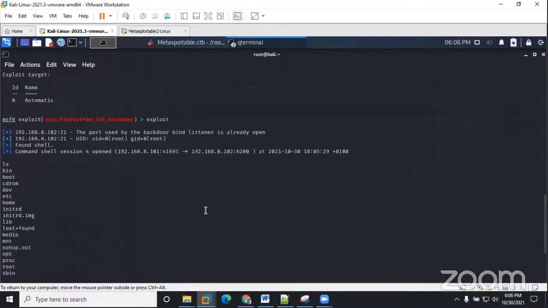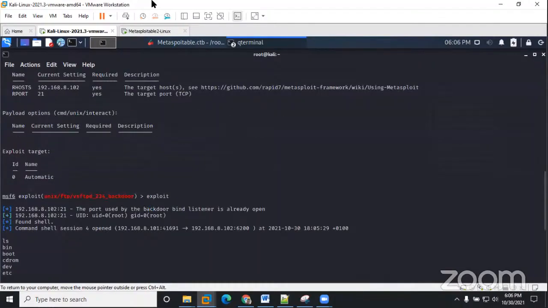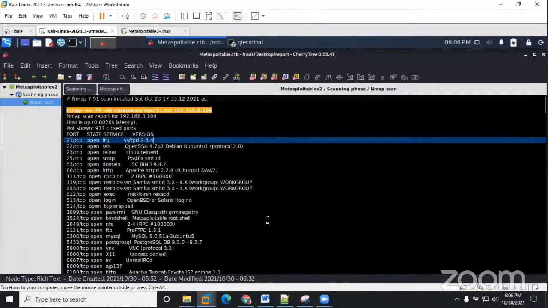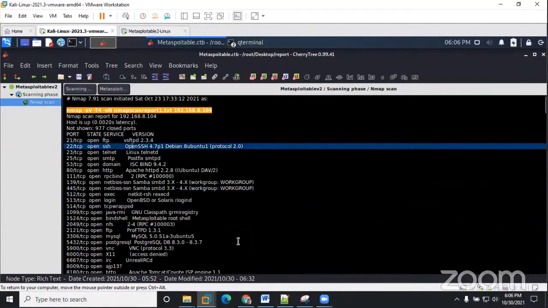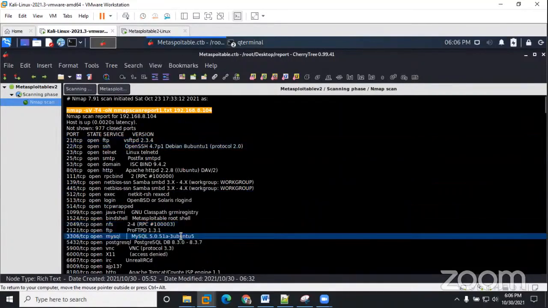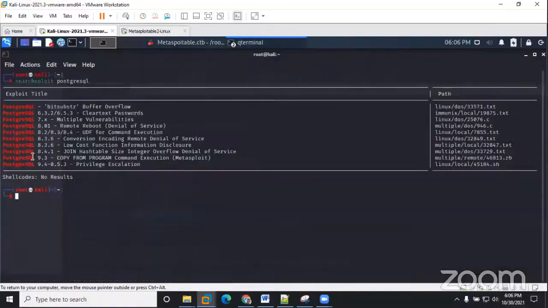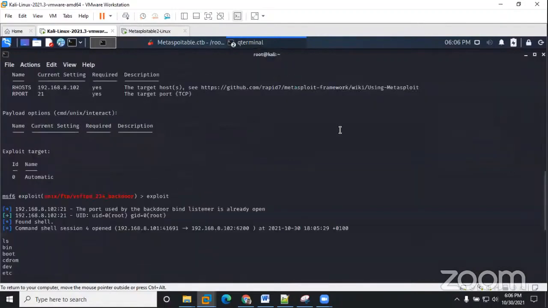So this just shows how we can establish a session using some of these exploits that we discovered. I don't know if you have any question at this time, because time will not permit us to go on to see how we can use MySQL and some of these other open ports to exploit some of these services that we have. But this just shows you how we can research and use Metasploit to exploit vulnerabilities. I don't know if we have any question. Please, if there's any question,